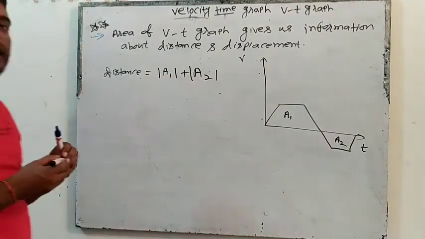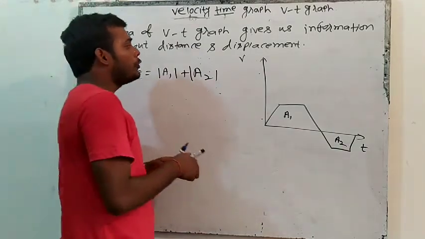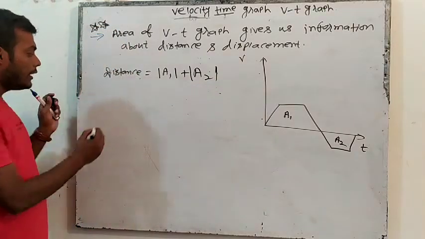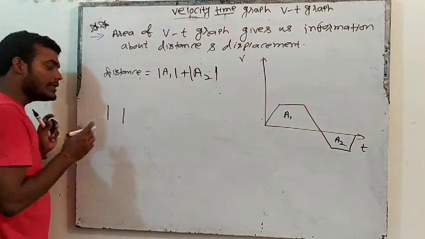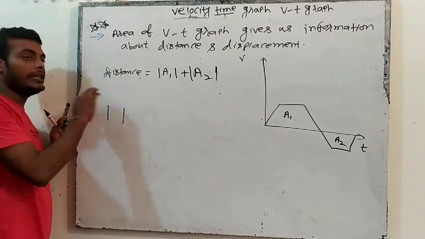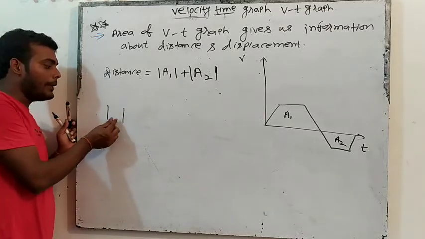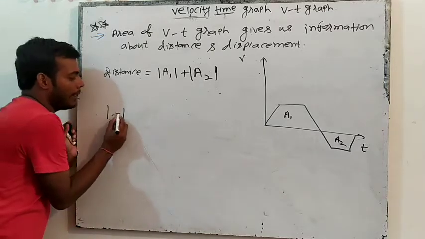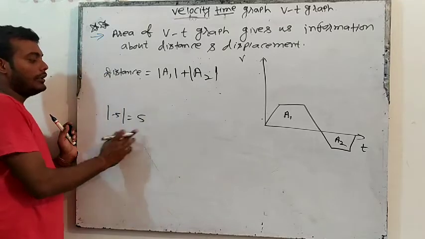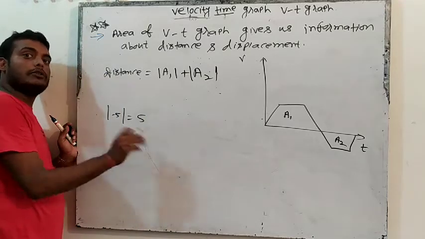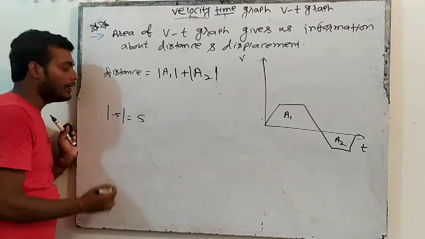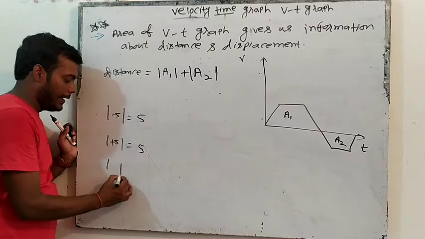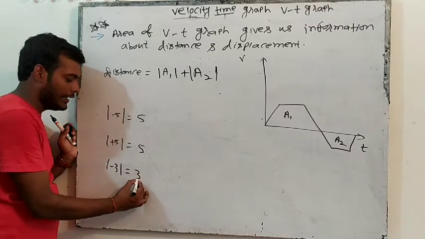That means just take the area and take the magnitude of the area. Magnitude means modulus, whether it is positive or negative. I told you this is the sign of modulus. It is a device in which whatever you place comes out positive. Even if you place -5, the answer will be +5. If I add -5, it will make it positive. It makes everything positive. If I place +5, it will say 5. If in this device I place -3, it will say 3.